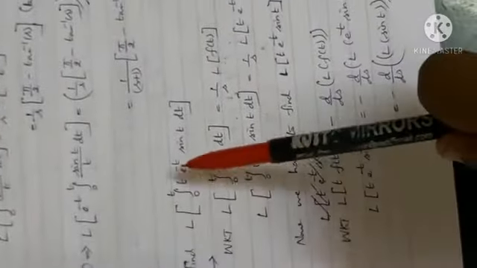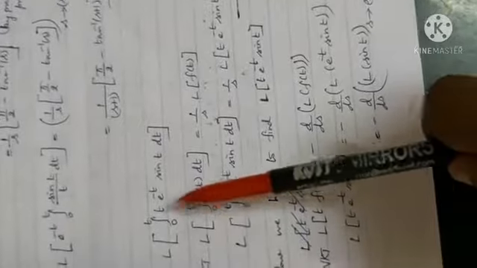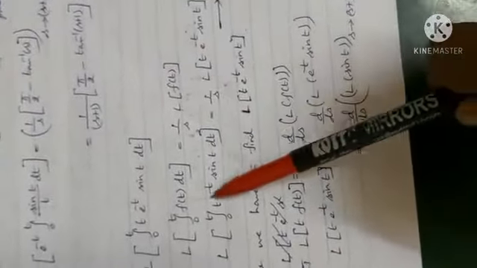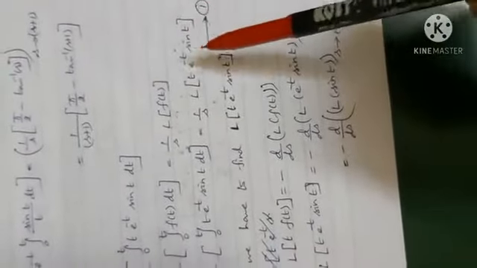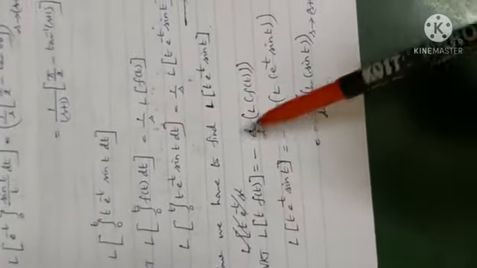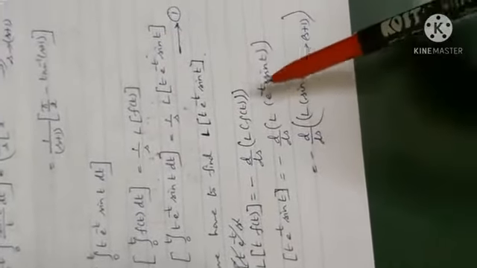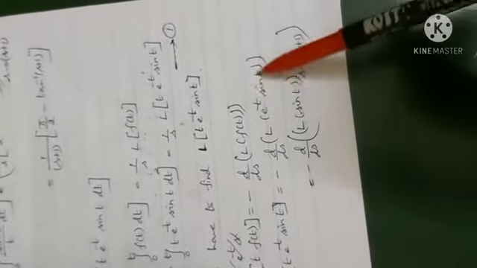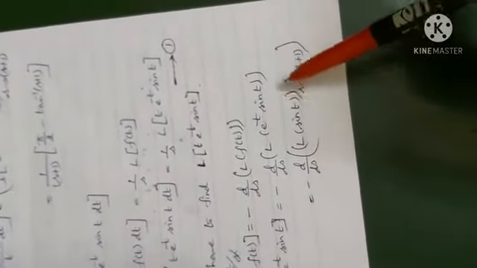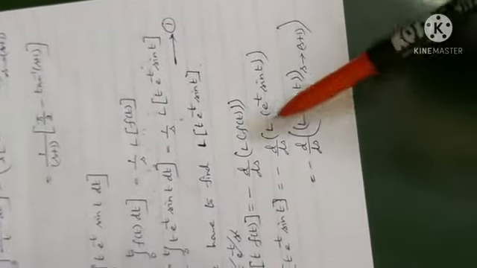So it is the Laplace transform of integral. We know the Laplace transform of integral 0 to t is 1 by s into L of f of t. Our f of t is t into e power minus t into sin t. First you find the answer, then substitute it in the first equation. First let us use the t into f of t model. Now we use e power minus t into sin t, the first shifting property. When we have a product of functions, we know how to do it, right? Find the Laplace transform, replace s by s plus 1, differentiate, and you will find the answer. Substitute the answer in the first equation, problem over. Okay?